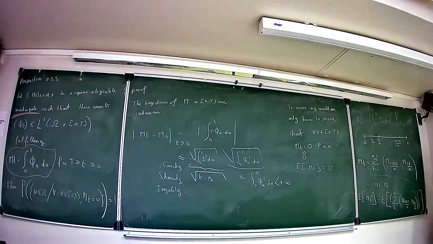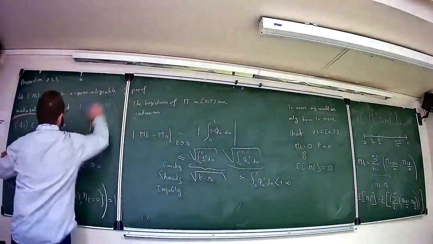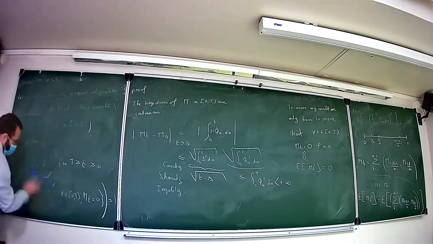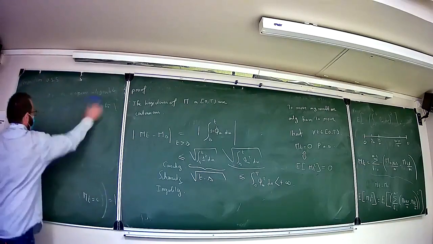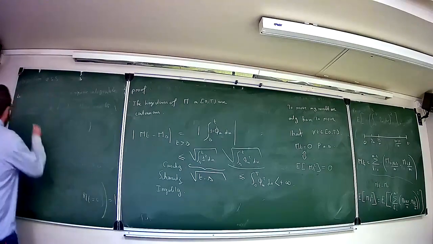And so, in the case of a martingale, the expectation of the square of the sum will just be the expectation of the sum of the squares. Okay? So from the preceding proposition, from proposition 0.5.4,